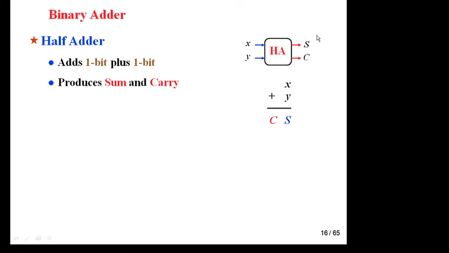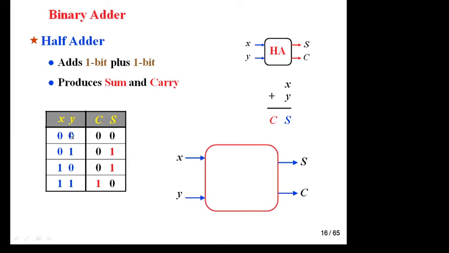Now with the help of this half adder concept you have to draw the truth table. Okay, this is your truth table. 0 plus 0 is 0, no carry, so 0. 0 plus 1 is 1, no carry. 1 plus 0 is 1, no carry. 1 plus 1 is 10, which means 2, so 0 sum and 1 carry. Now from the truth table you can directly see 0 1 1 0, it is nothing but XOR gate. Okay, this is X XOR Y, and this is AND gate: 0 0 0 1, 1 1 is 1.